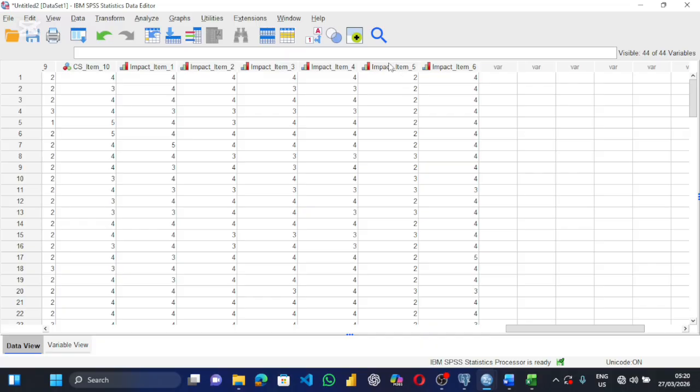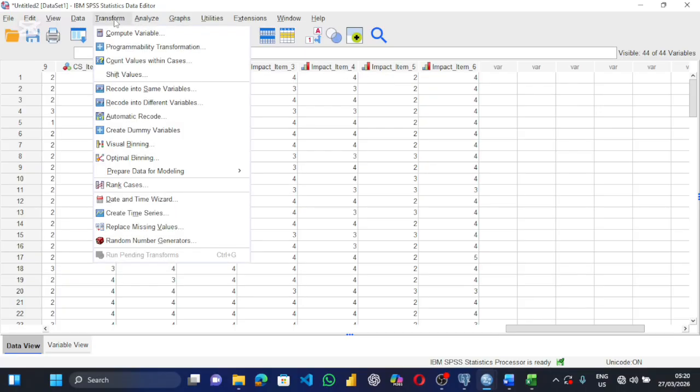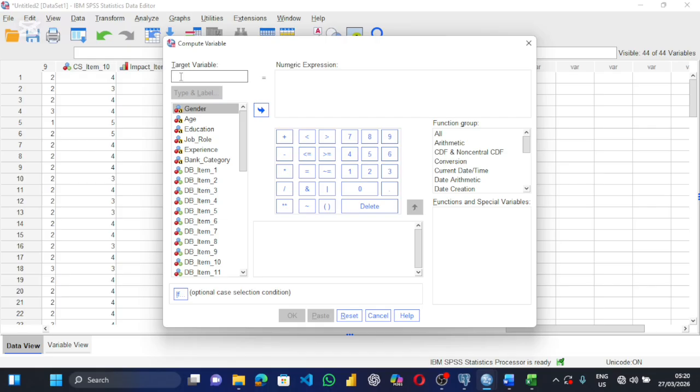So the highest score I can have in the column here is 5. I will add 1 to the 5 to make it 6. I will now subtract each value that I have here from 6 to give me the proper coding of this column. So I will go to transform, come into compute variable. Let me call it item 5